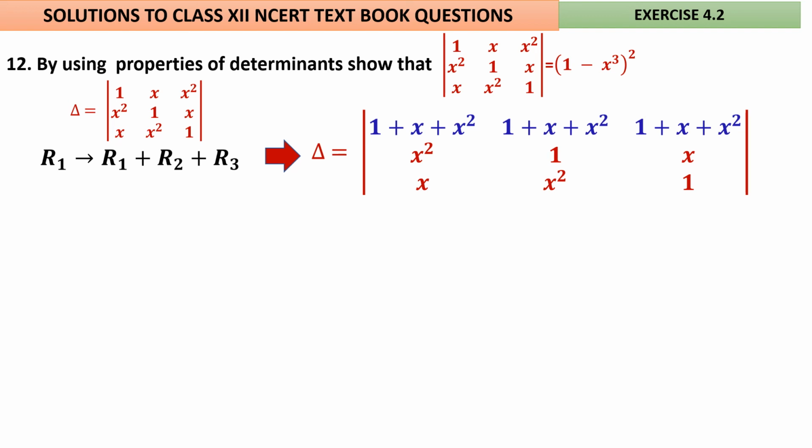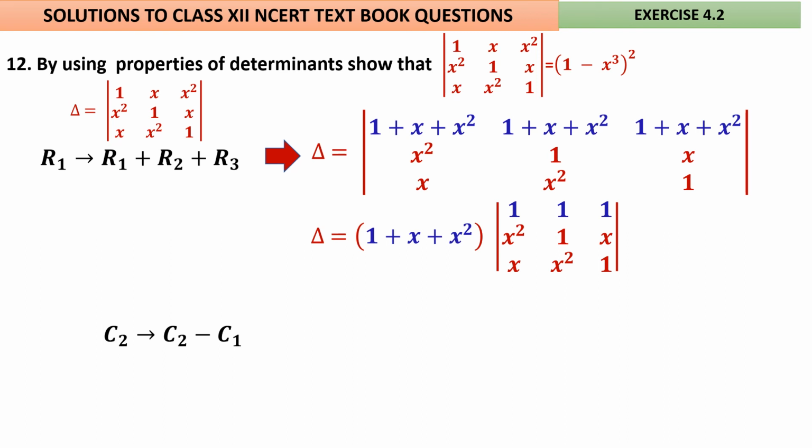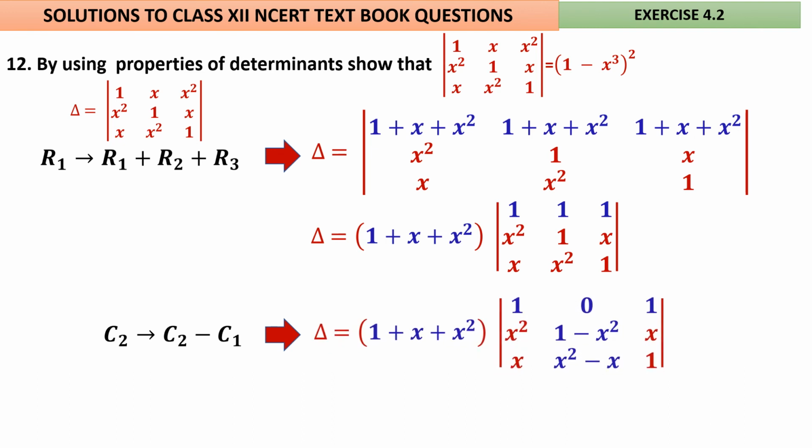Actually, we are going to look at it the other way, that for 1 minus x cube, 1 plus x square is one of the factors. We are moving in that direction. So take it outside. For 1 1 1 you will get... You got the idea now? You have to write C2 as C2 minus C1 to make that entry 0. Therefore 1 minus 1, 1 minus x square, minus x.